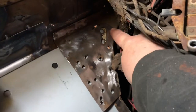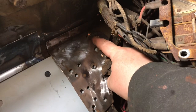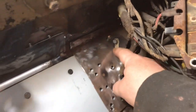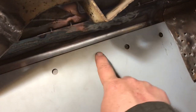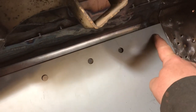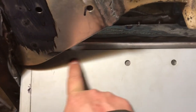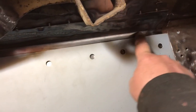And make sure, remember, that these are not spot welds right here. Remember, that's for the throttle. I'm gonna have to drill those two holes out once it gets final welded in place. So these holes were already here. I don't know what they're for, but I'm going to use them for spot welds. And then I'm going to put a few more down here. And I probably will put a couple welds up at the top just for good luck, just to keep it